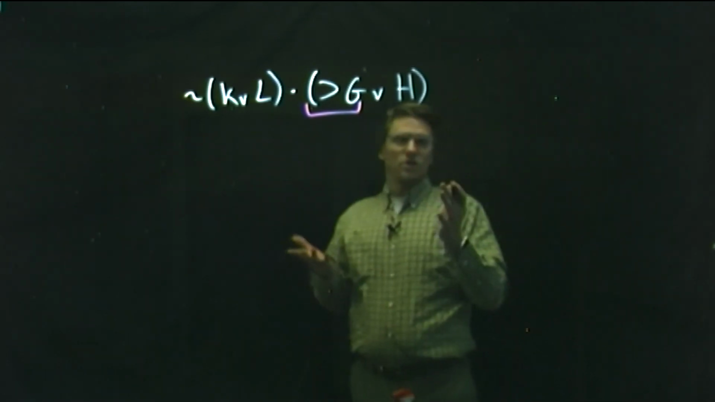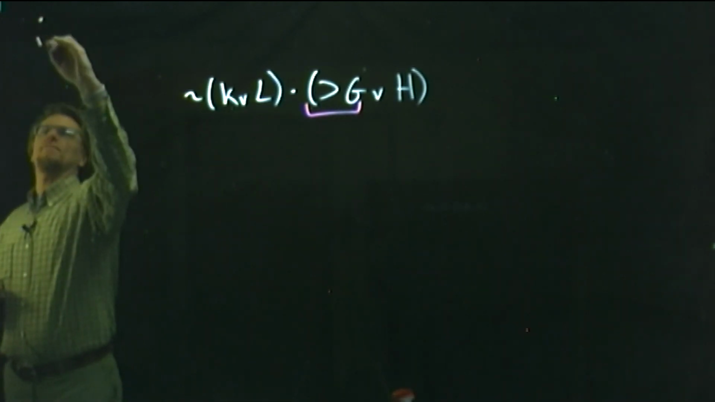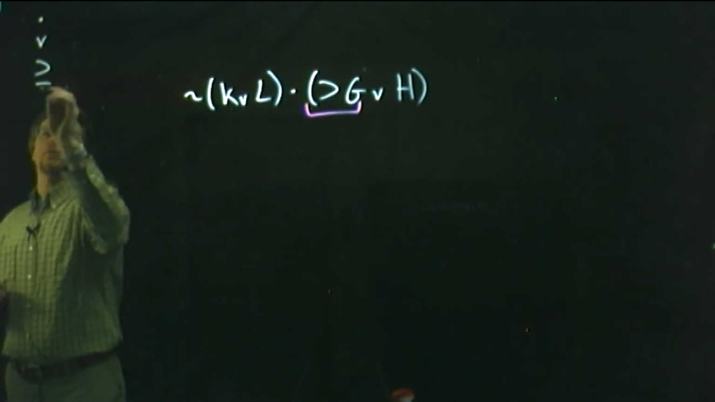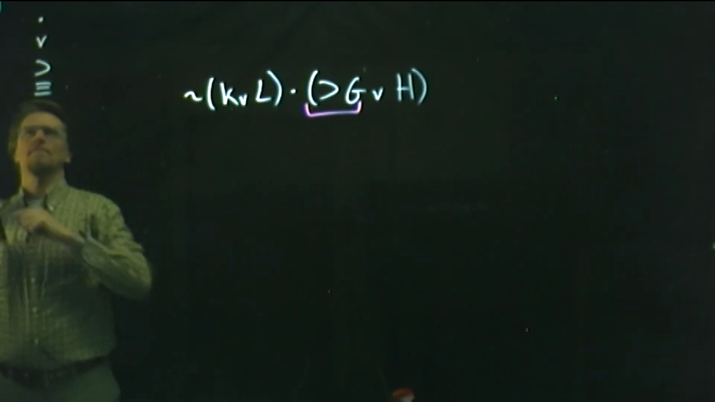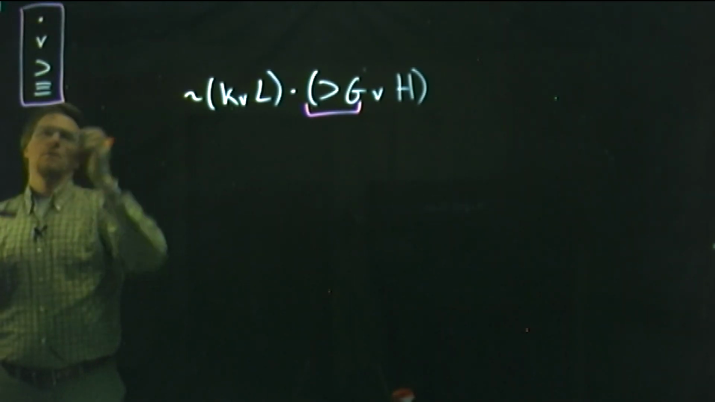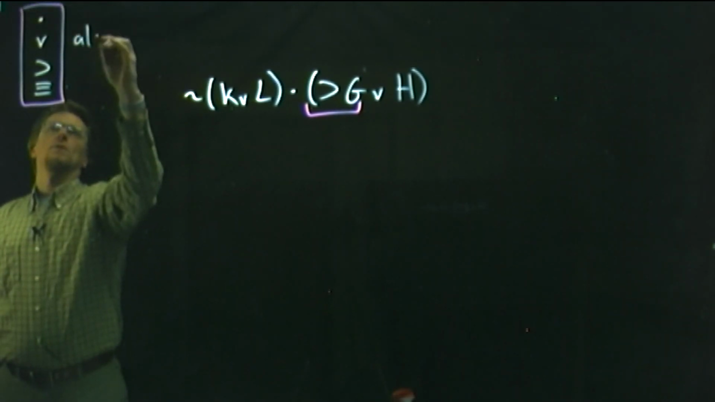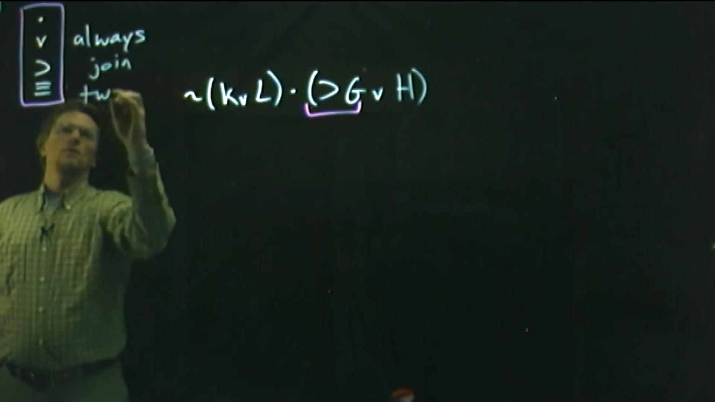So what you need to know about that is that the dot, the wedge, the horseshoe, and the triple bar, these four operators always join to